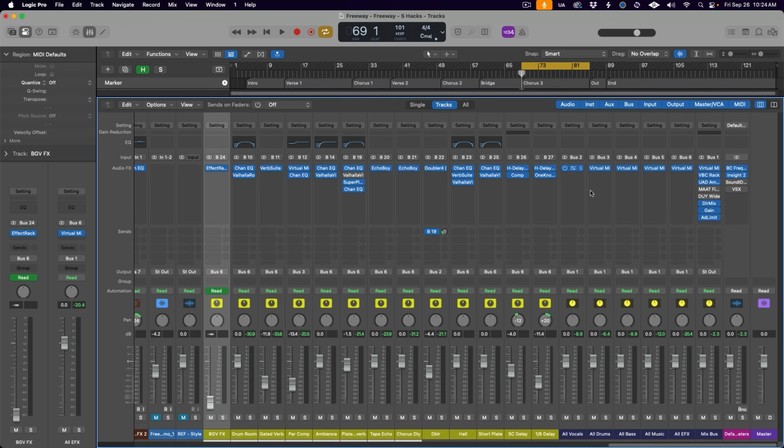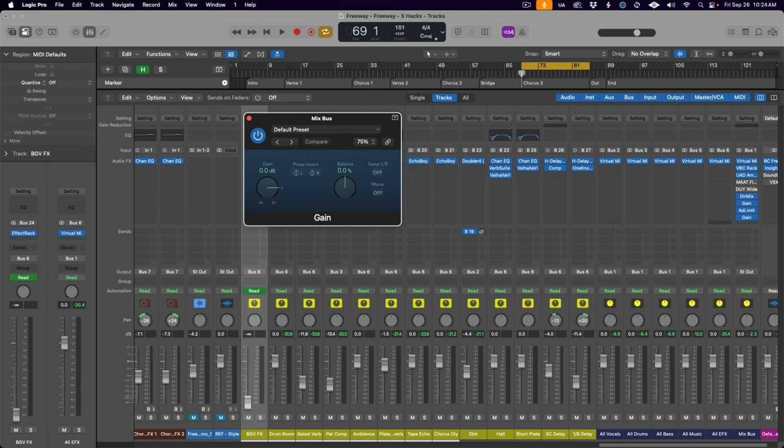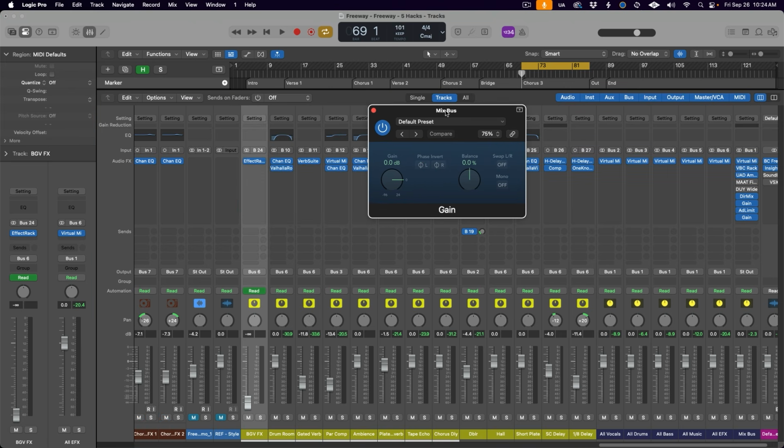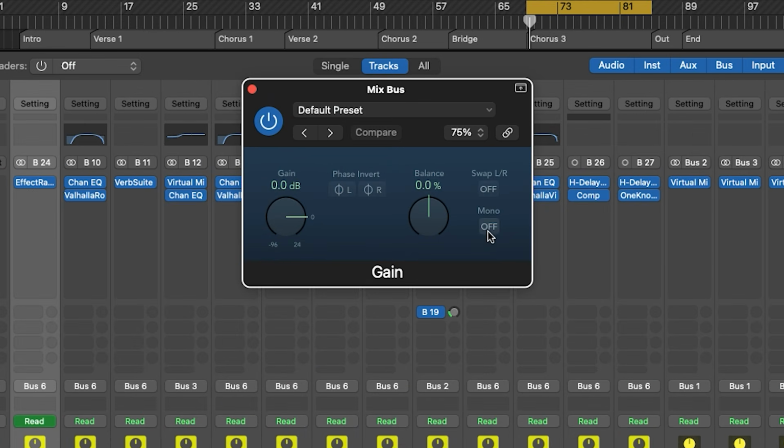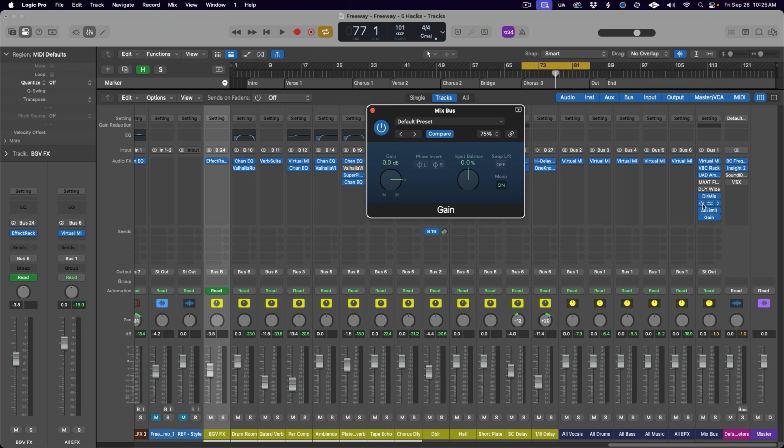For our example of making sure our mix bus stereo widening is not causing an issue, here's what I like to listen for. First, we're going to put the gain plugin after the limiter as the very last plugin on our mix bus. And then in it, we're going to switch on the mono button to collapse our mix to mono. I will bypass and unbypass the direction mixer and the gain plugin while listening in mono. And when the processing is enabled, I should still hear that same lifting of the sound that I heard in stereo. If that extra pop is still audible in mono, then we've nailed our settings and are not causing any